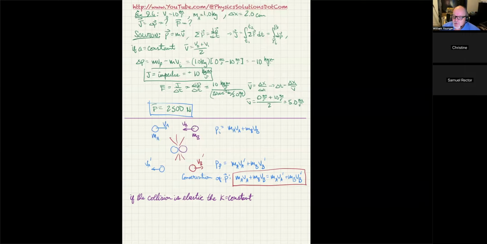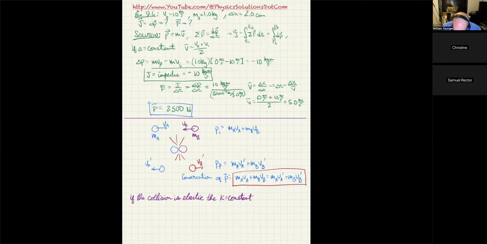So the conditions under which momentum is conserved is when the net external force acting on the system is zero. That doesn't have anything to do with any forces that one part of the system might be applying to another. Like when this collision happens, mass A is going to apply a force to mass B, and mass B is going to apply a force to mass A. But that doesn't matter at all because those are internal forces. The system is mass A and mass B, so anything that happens between them is an internal force. And not only that, because you did it that way, you can't even tell what those forces are.